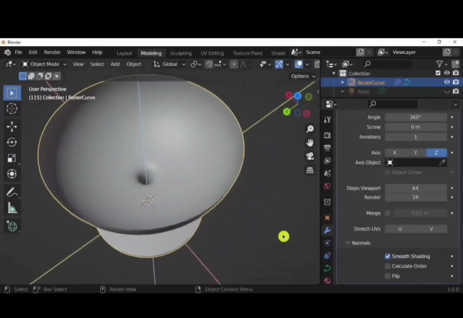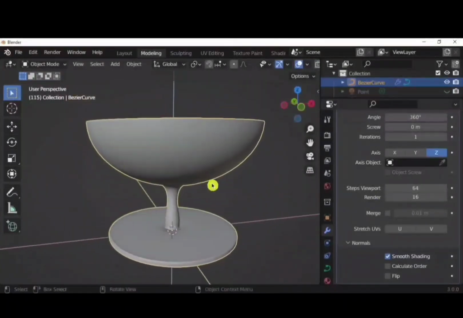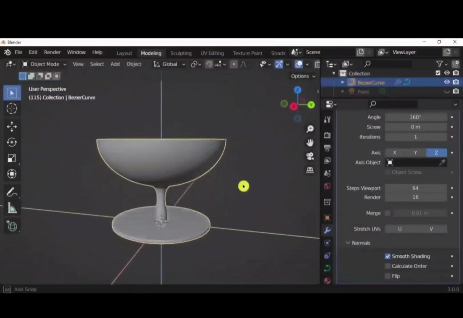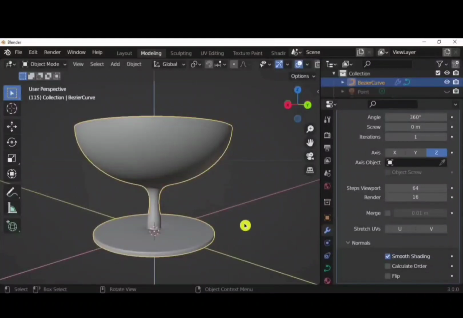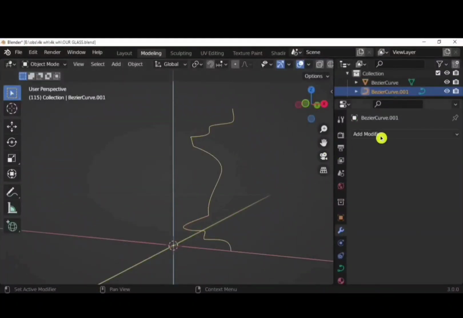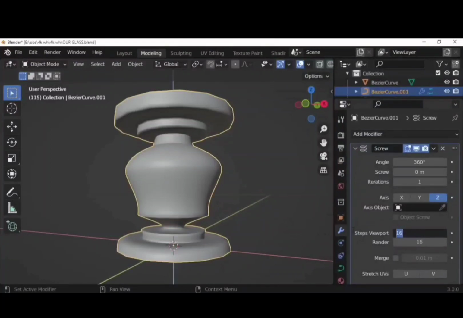You can increase the values of steps viewport to get it more smoothed out, just like this. So as you can see, our glass is more smooth. In the center, as you can see, there is a hole. We can fix that. That's not an issue. So once you draw the outer line, and you follow the same process, you'll get